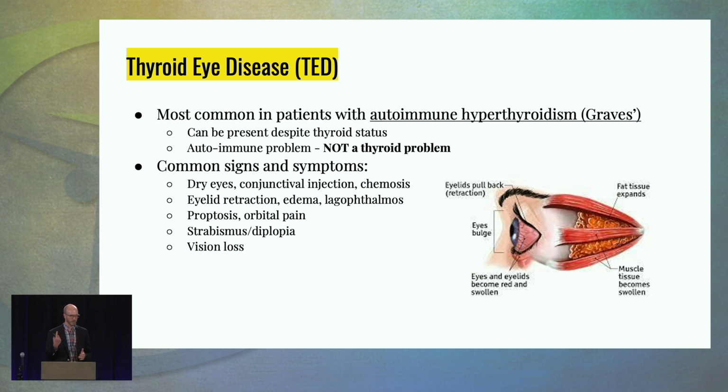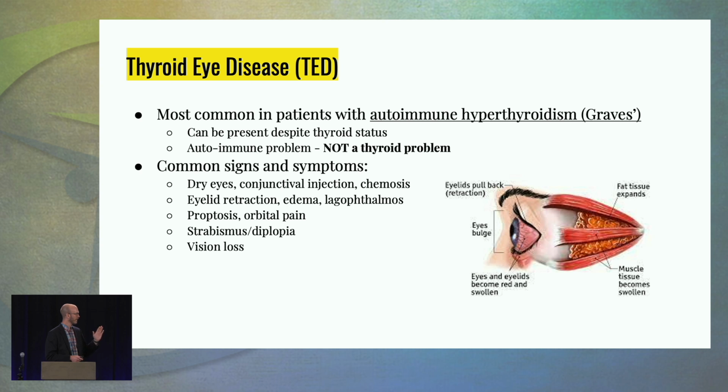And so that's also important for us as ophthalmologists to remember, is that it's not always about the thyroid labs. So they may come to you with a list of labs on their phone now with their EMR on there and say, they're saying I've got thyroid eye disease, but my thyroid labs have been normal for so long. Well, it doesn't necessarily matter. We want to keep those under control because it does influence the symptoms they have, but that's not the only factor. And so, you guys know a lot of this, but dry eye, obviously every thyroid patient, even if they don't have thyroid eye disease, they're going to have dry eye. Most patients who don't have thyroid disease are going to have dry eye.